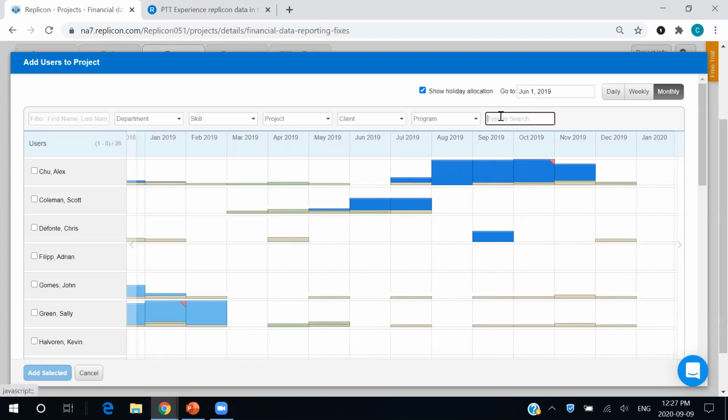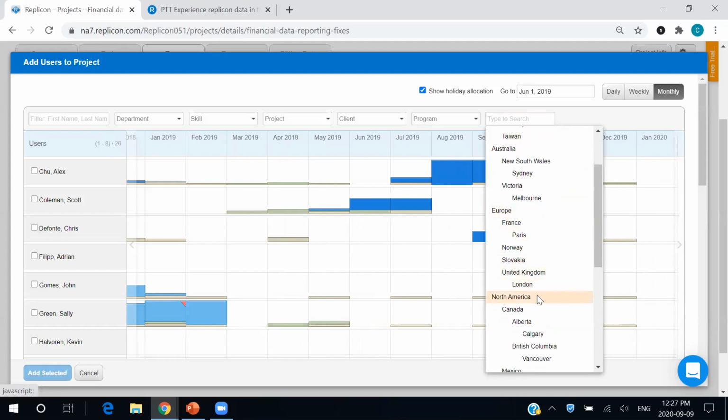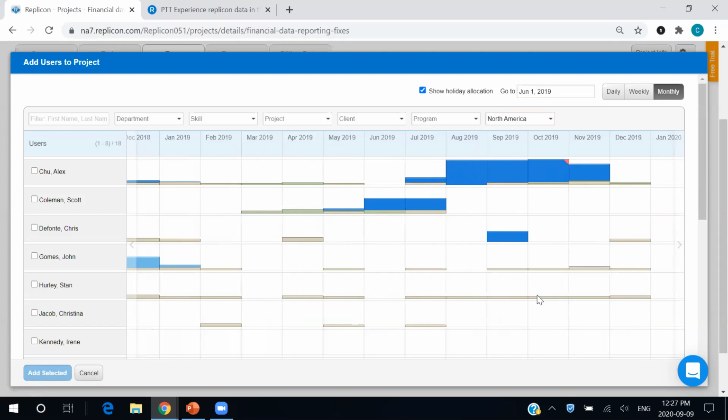In this instance, we need someone in North America. As much as having people wake up early or stay up late might be fun, I know people like their beauty rest, so we're going to make sure we have the same time zone as our client. That narrows down our field a little bit, but we need someone with a very specific set of